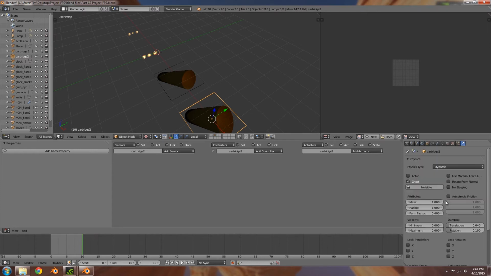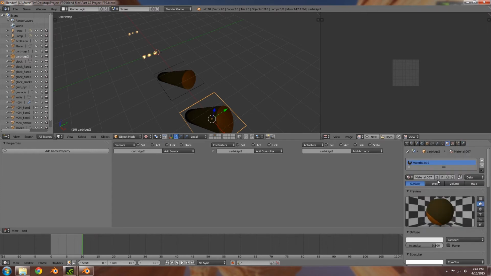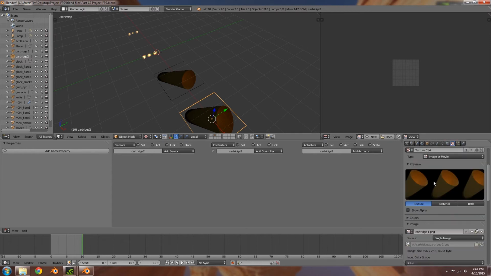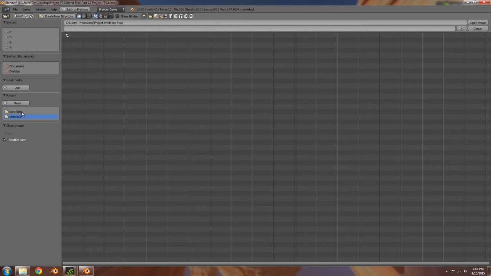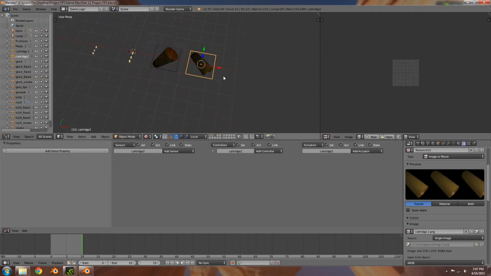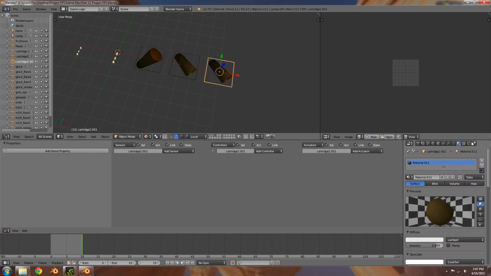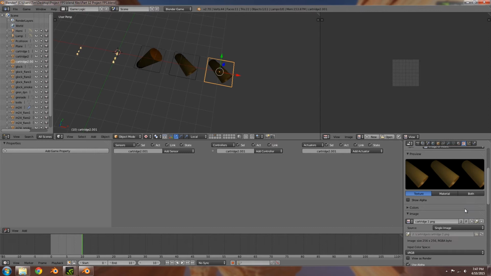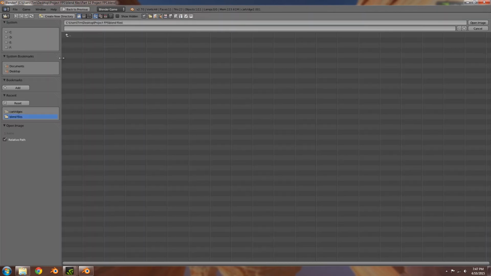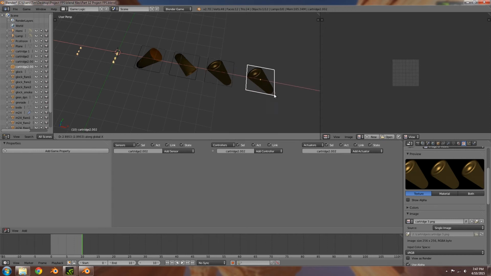Again, physics settings are fine, we just need a new material, so click the number 2 here as well, and then open up a new one. So cartridges, cartridge 2, then select that one, Shift D to duplicate, move it across, do the same thing, so over here, over there, and then we'll open up number 3, so this one here,